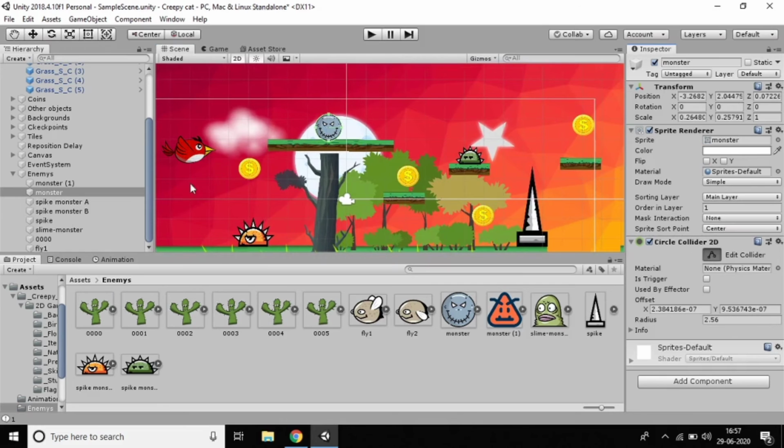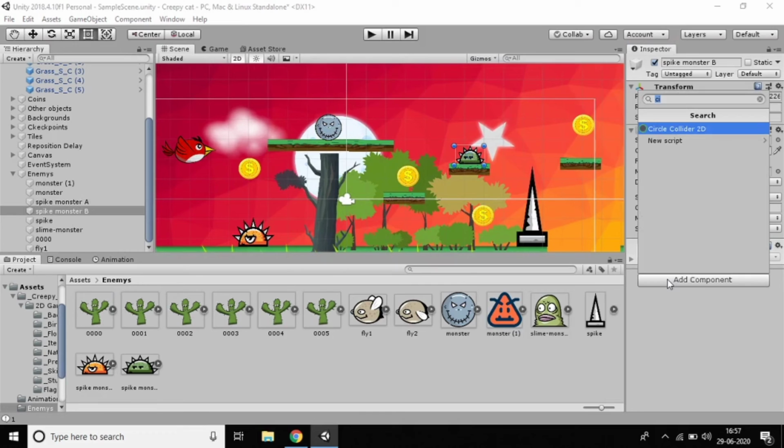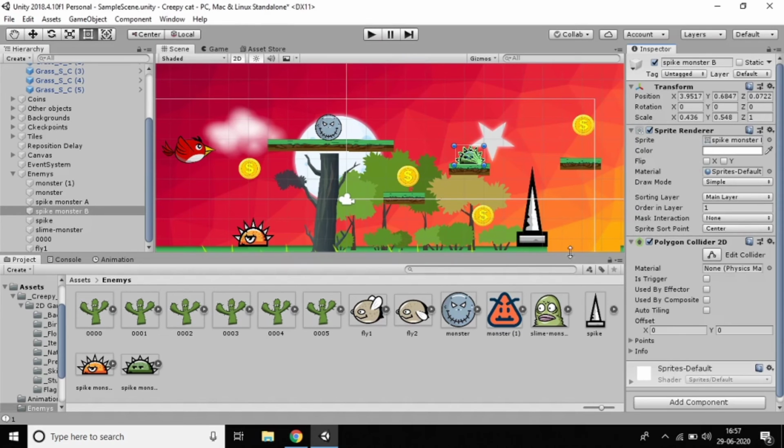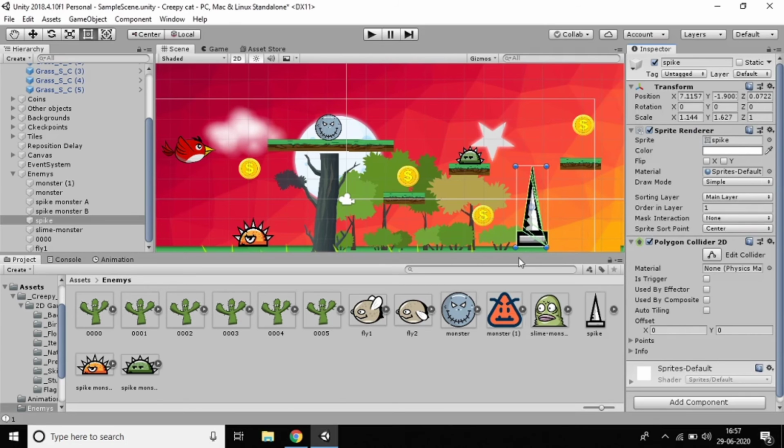You can see, yes, this one is a stick, and you can add it as a polygon collider, otherwise a box collider also. So better to add a polygon collider. Sorry, it's not circle collider, box collider. If you add a polygon collider, okay, it's not bad. If you add a box collider, it's like this shape.